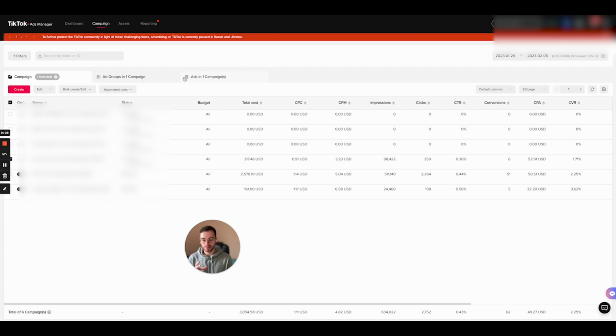Obviously you can play around with that. It doesn't mean you just put $500 behind one ad group and leave it there. If it doesn't work, turn it off after, I don't know, it depends. I like to have 2 times CPA spent to judge an ad in general, depending on the AOV, of course. But yeah, that's some of the best strategies that I've seen.